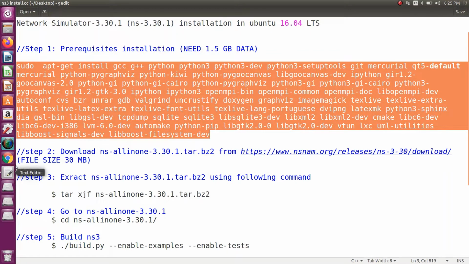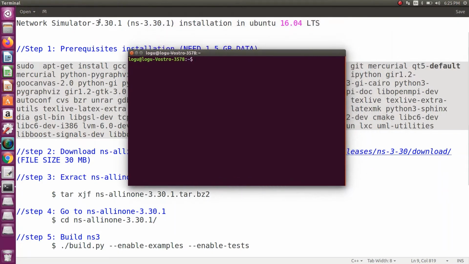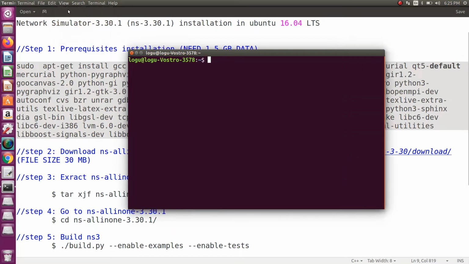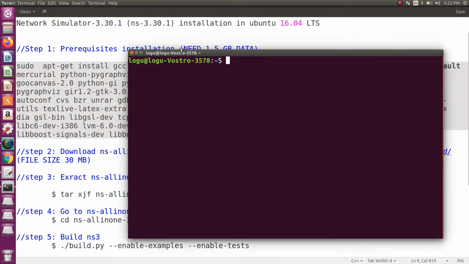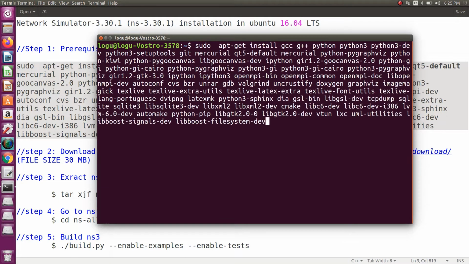open your terminal by pressing Ctrl Alt T. This is your terminal, so just zoom it. Paste your code, just give enter. It will ask for your password, so give your password.